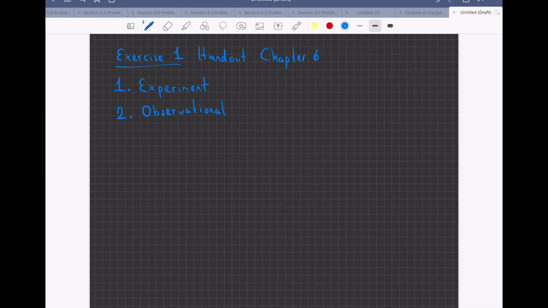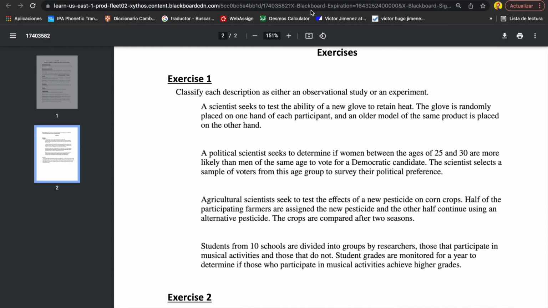Yeah, any kind of survey or poll, most of the times or in general, I don't know any other case where this is not the case, it's always going to be an observational study. Okay? The third one,